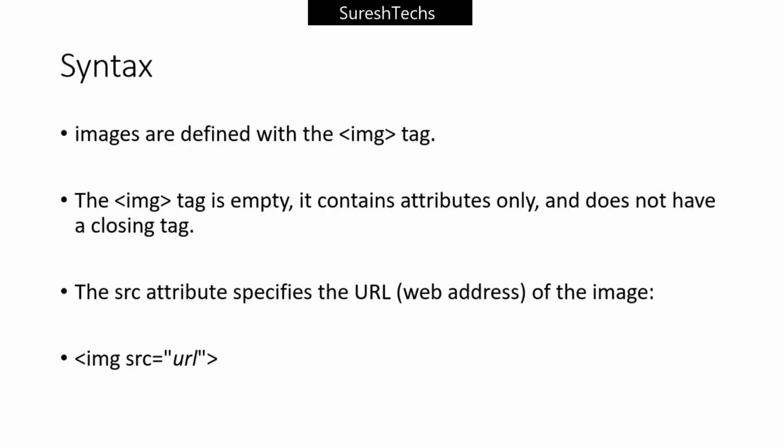Just like any other element, images have their own tag, called img. If you want to place an image, you have to use a tag called img, and you have to specify something called src, and give the path where the image is located.